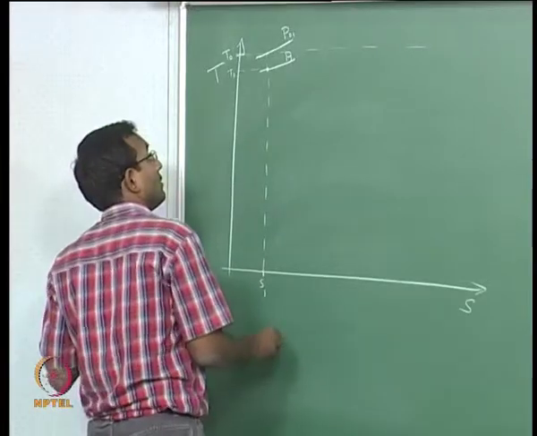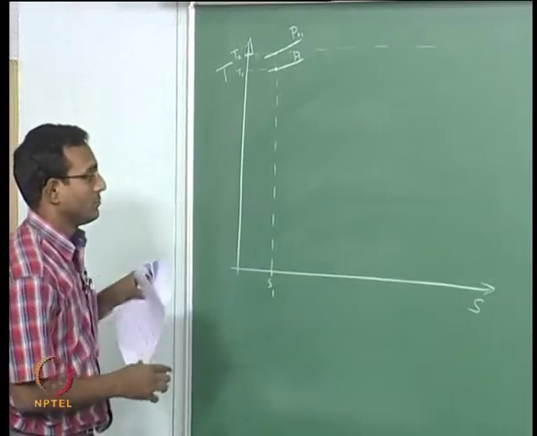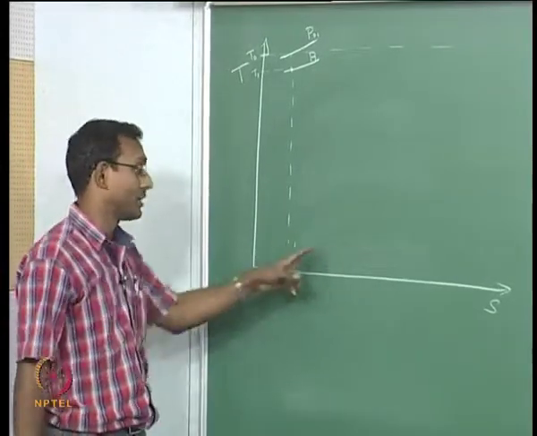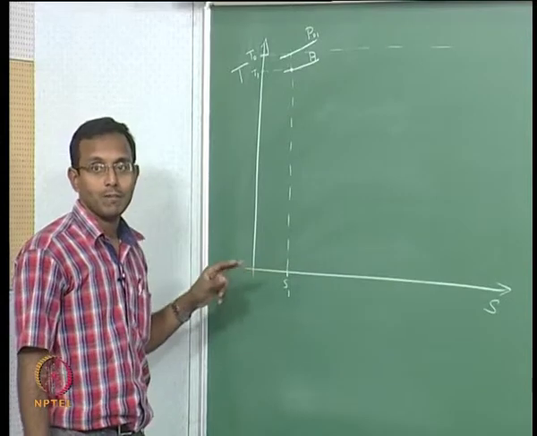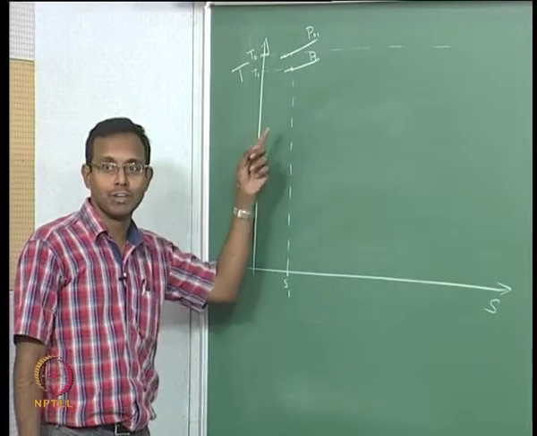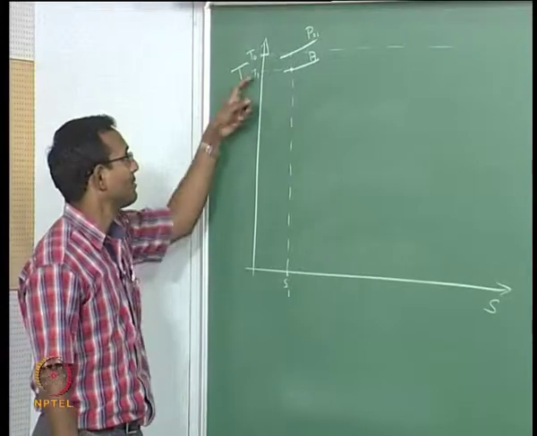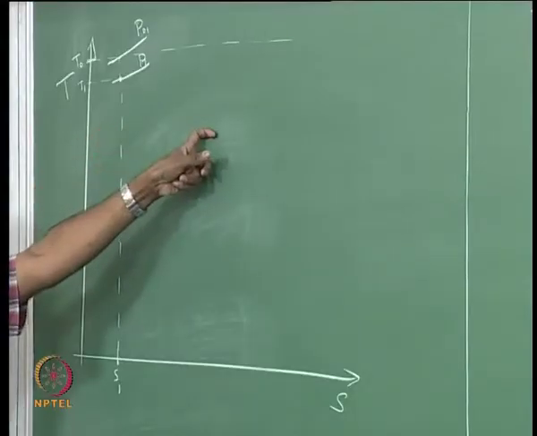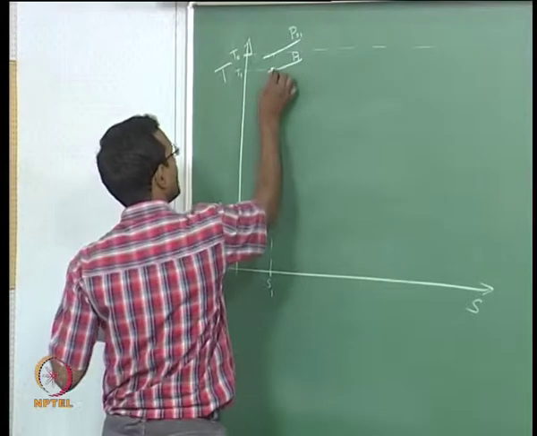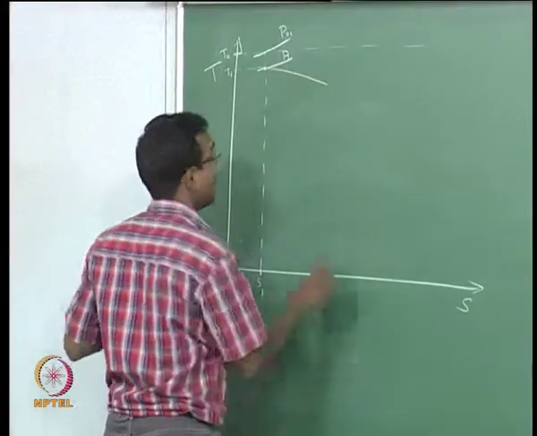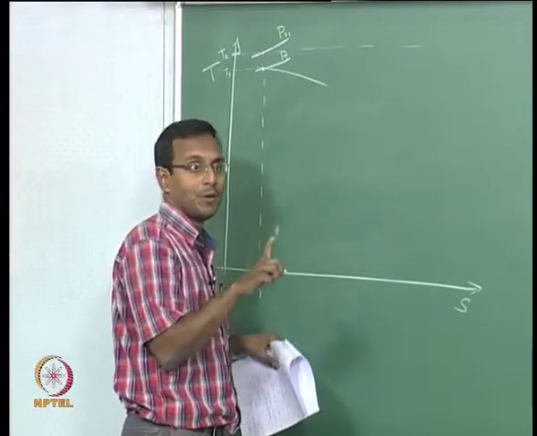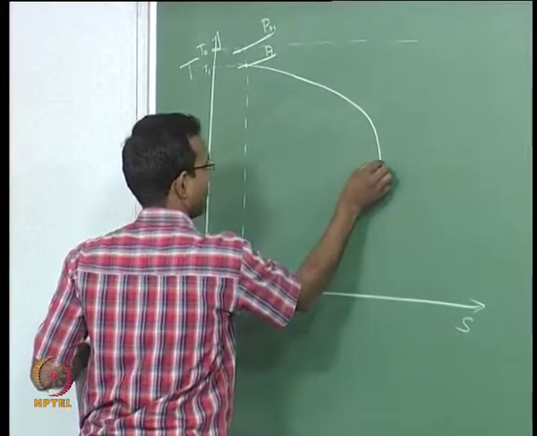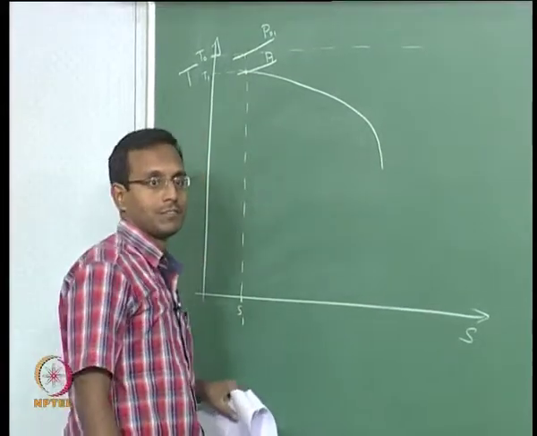From here, if I go some length inside my duct, what should happen? My entropy should increase and my Mach number will increase. I said it is subsonic, so Mach number will increase, which means my temperature will decrease. So I am going to go to slightly lower temperature and higher entropy, that is where I am supposed to go. So it is going to go something like this, and it will keep doing this till M equal to 1, and we know that the change is much higher when I go to M equal to 1. The curve does something like this.